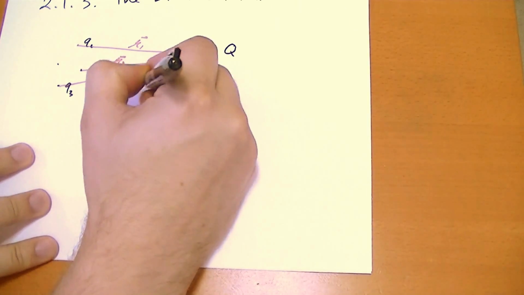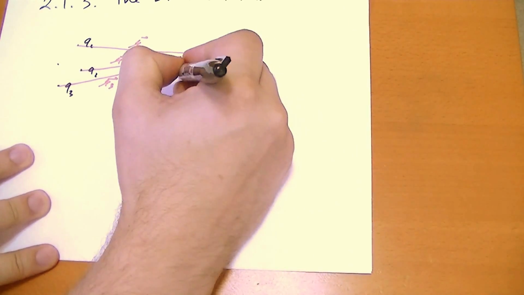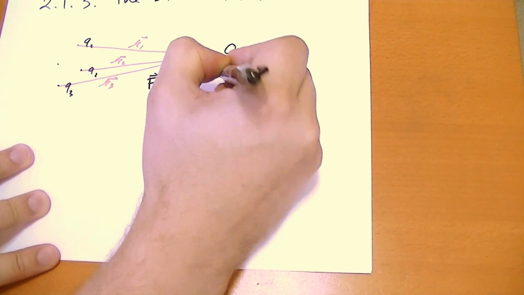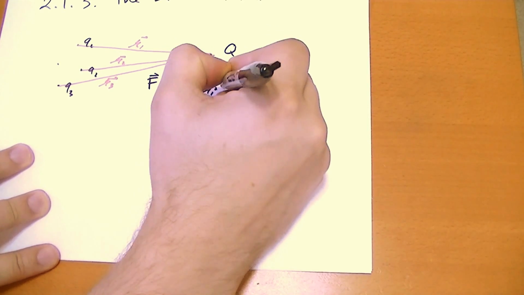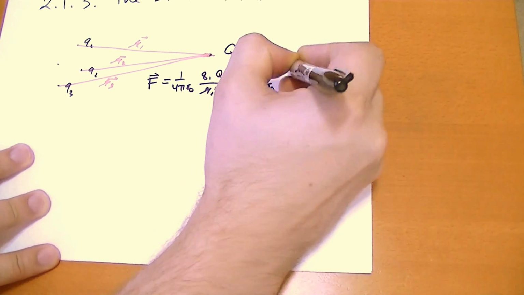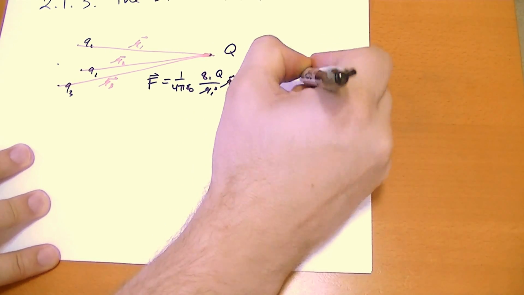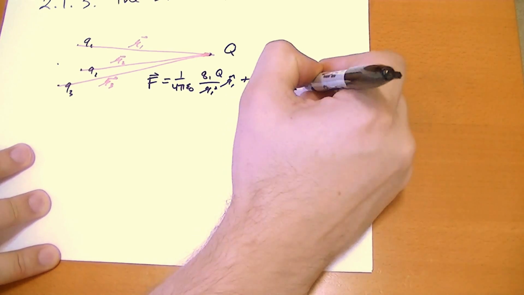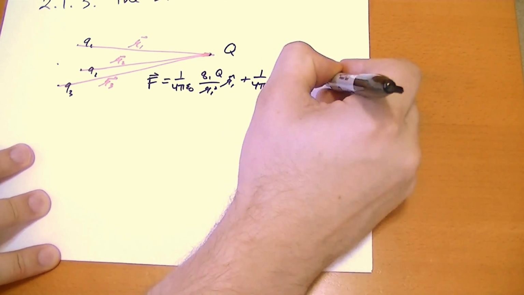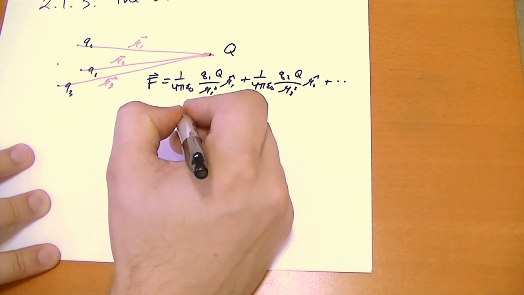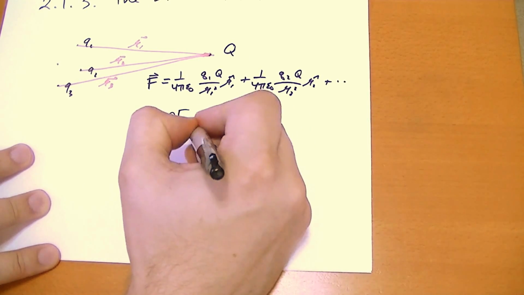So the force is equal to 1 over 4 pi epsilon naught Q1Q over R1 squared R1 hat, plus 1 over 4 pi epsilon naught Q2Q over R2 squared R2 hat, and so on and so forth. And if you factor out that Q, then you're left with this stuff on the inside,